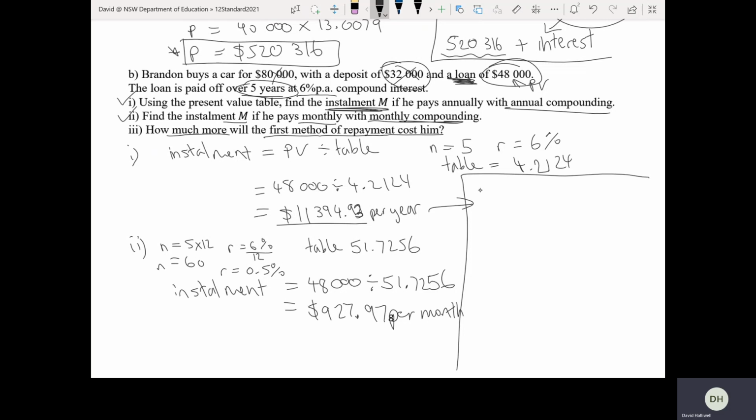So let's go part 3. I'll write yearly, so I know it's yearly. The total on loan is going to be the 11,394.93 times by 5, we make 5 yearly payments of that amount, and that's